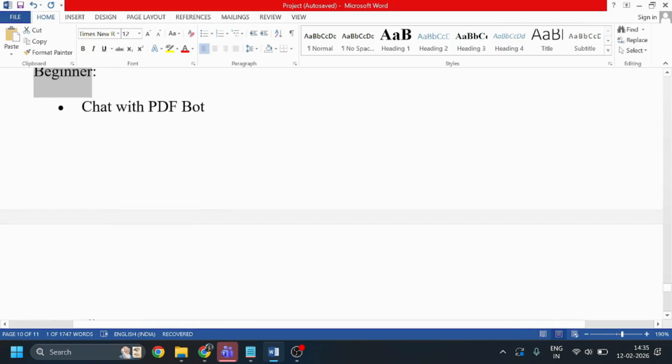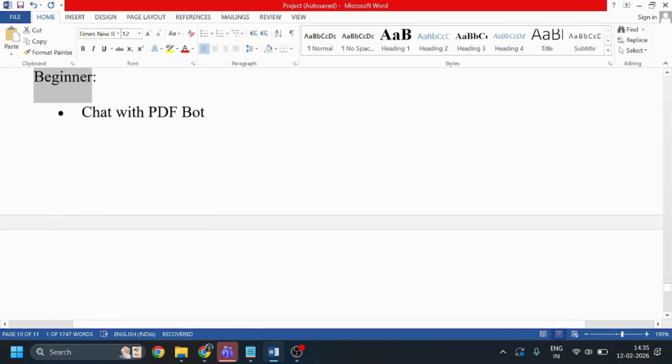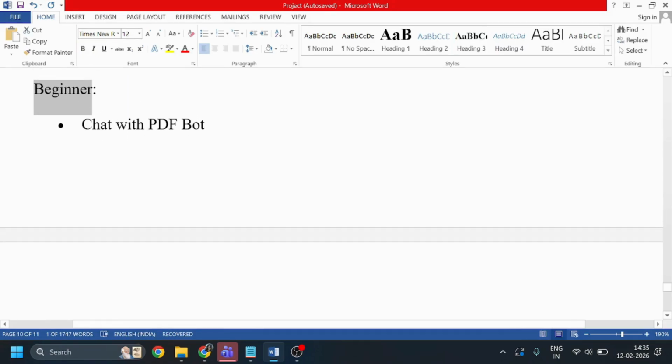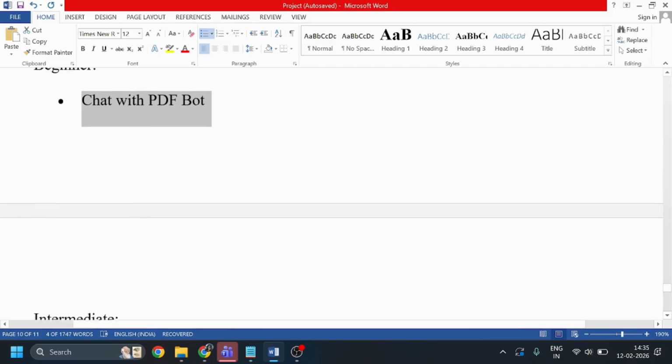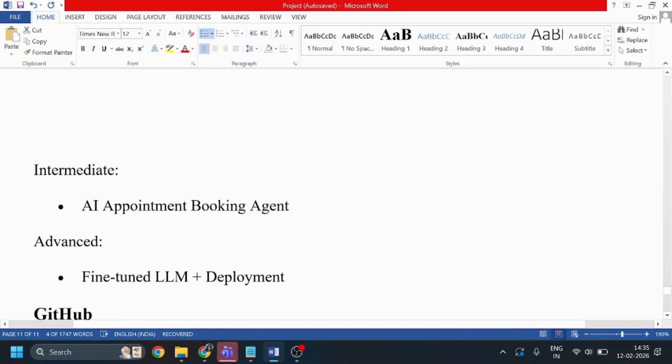Here you can see a chatbot with PDF. The user loads a PDF, and the AI answers questions from it. You can build this project as a beginner. And we can see here an intermediate project: an AI agent that can book appointments, check a calendar and suggest free slots.